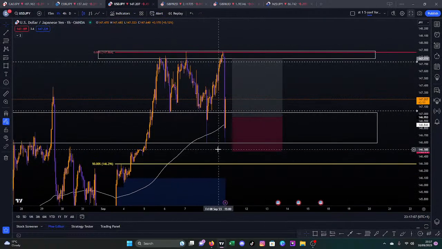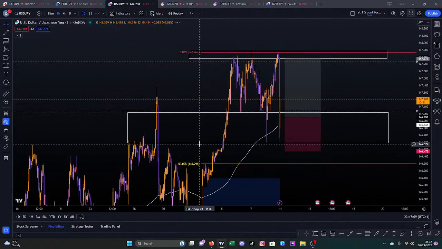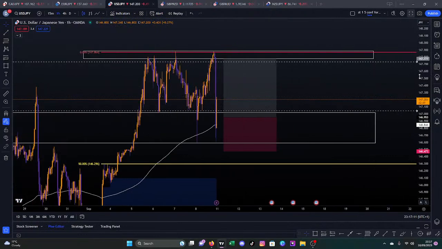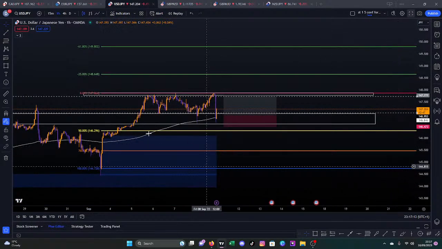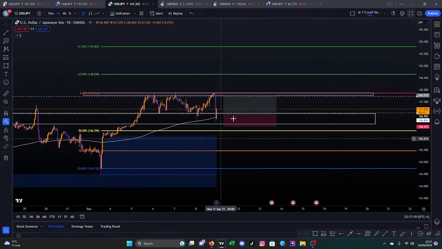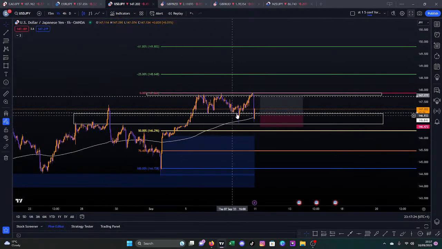Fibonacci is also a great tool as well if you want to use it. Just shows me where it's been going from. You can see from the bottom to the top. We'll look at where it could possibly go. If it breaks through this zone, we'll look for it to go back, retest, and then probably bounce down to